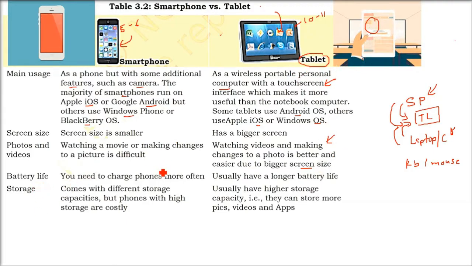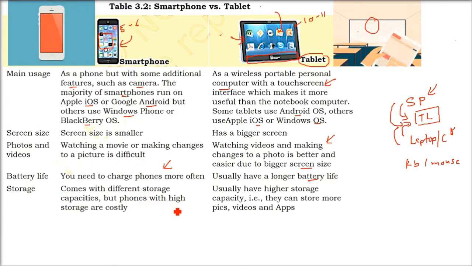Battery life: because in a smartphone you are doing everything right now, the battery size is smaller, but in a tablet the battery life is longer. First of all, the phone is smaller and there are so many applications running in the background. But here you do some specific work. You can have a SIM card inside this, but it's not always required. It can be used only as a computing device, right? So if you take the back, you'll see this is the only size of the battery of a smartphone.